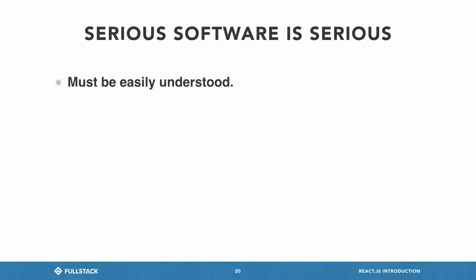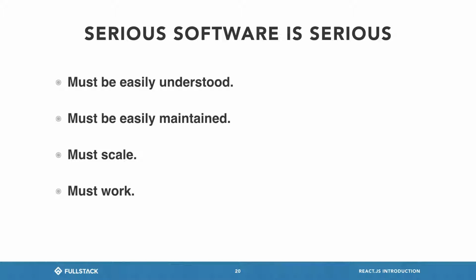Serious software is serious. I don't know who wrote that. I don't talk that way. Should be easily understood. Easily maintained is by far the most important one, because there always comes a point where stuff gets large enough that no one knows what's happening. Basically, you make a change, and it's like a snowball effect. That change creates changes, creates changes, creates changes, so that whenever you do something, it can be hard to know what else it's doing. And when you have a bug, it can be hard to find out, well, who touched this? And it might have been lots and lots of different components. It should scale, it should work,